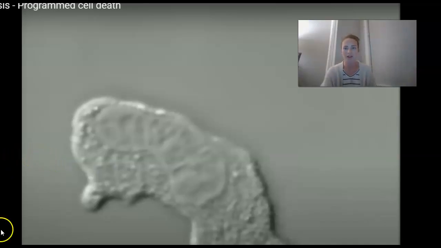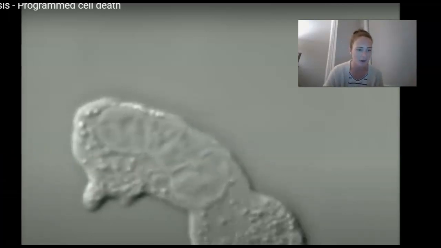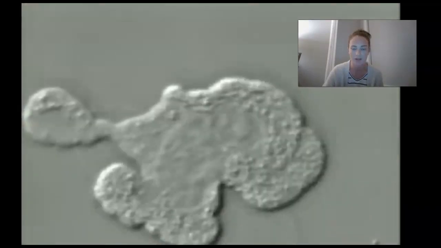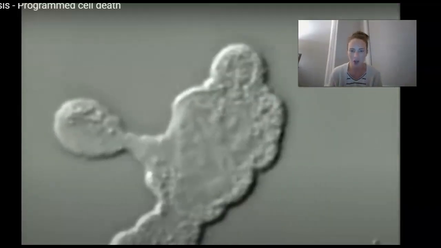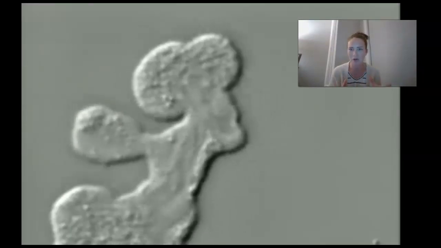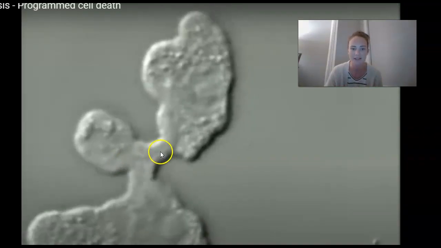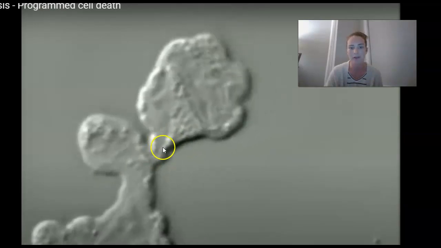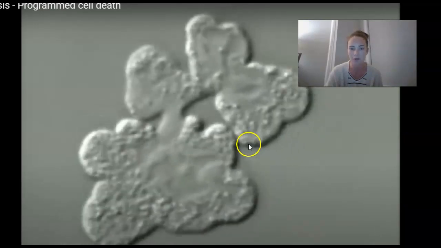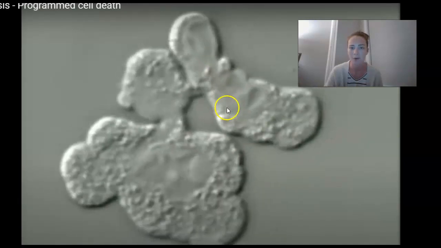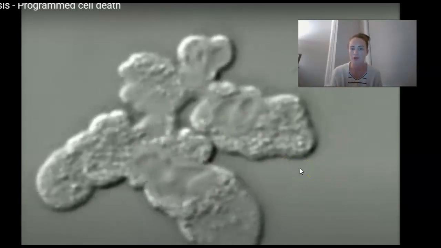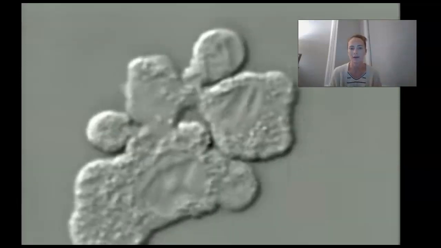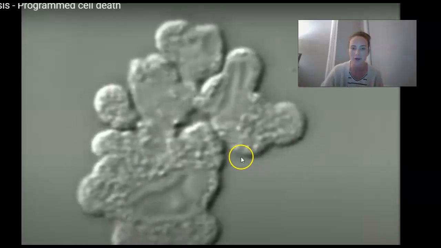And I just had to quickly go and find this video that I found the other night while I was putting our new style together for this week. Just showing this real life picture of what a cell looks like as it's undergoing apoptosis. You can really nicely see here the cell beginning to form those blebs, which are breaking away from each other, all these blebs forming on the side, and they'll start to break away from each other and form those apoptotic bodies that will then be engulfed by the phagocyte coming through.